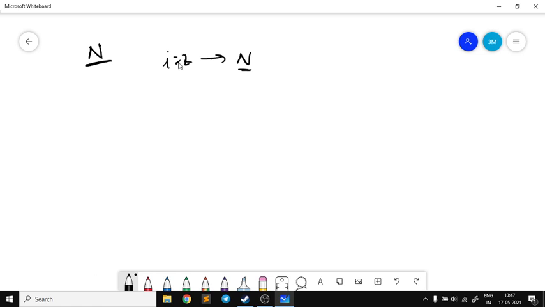We modified it further by iterating in the range from i equal to 2 till i less than or equal to n by 2. Let us take an example just for revising. Suppose I have to check whether n equal to 100 is a prime number or not.